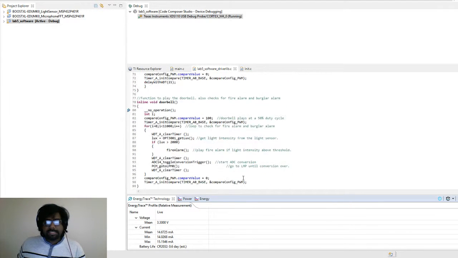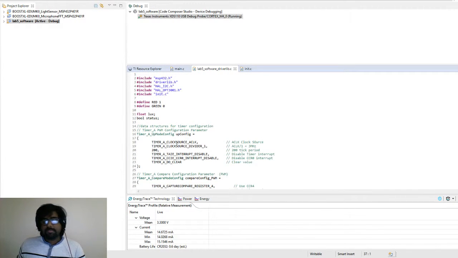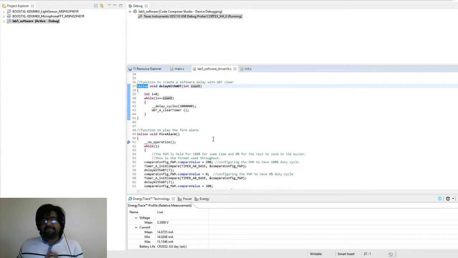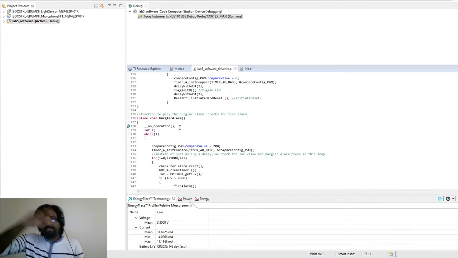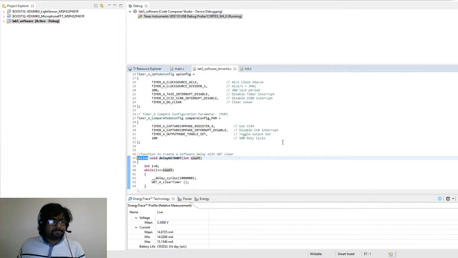And one more thing is, in my program I have used something called an inline keyword before every function. What this does is, it basically inlines every function call with its definition. So what that means is, whenever a function call is encountered, the whole function definition is taken and pasted into the main code. So this may increase the size of the code, obviously, but it will totally eliminate function call overheads. So this improves speed of the execution again by sacrificing some space. This is the speed optimization I've done for this program.